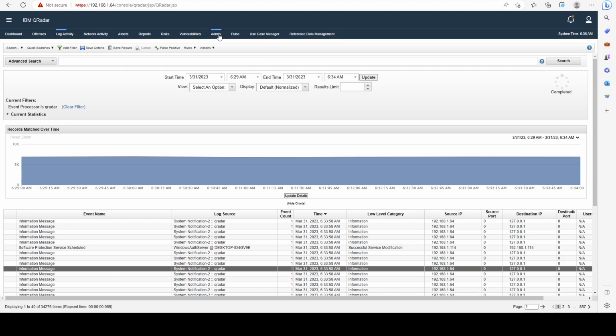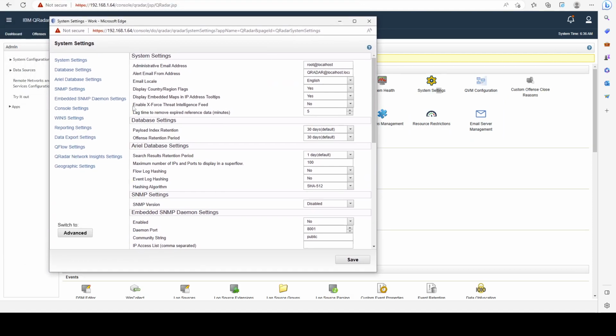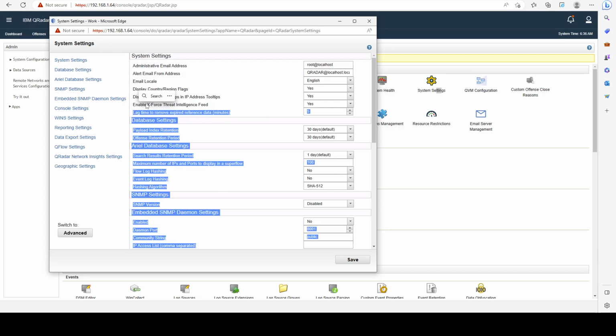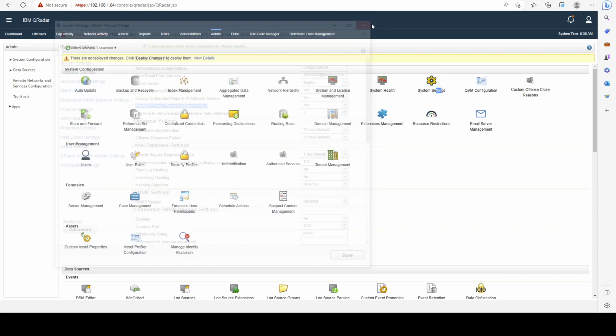And the first one would be to go to the admin tab and go to system settings. And you can see here that you have enable X-Force threat intelligence feed. And let's go ahead and set it to yes. And I just want to make sure you guys know that every day it approximately is going to download 30 megabytes of IP data. So if you don't have too much storage, you might want to leave it as disabled. So I'm going to go ahead, click on save,